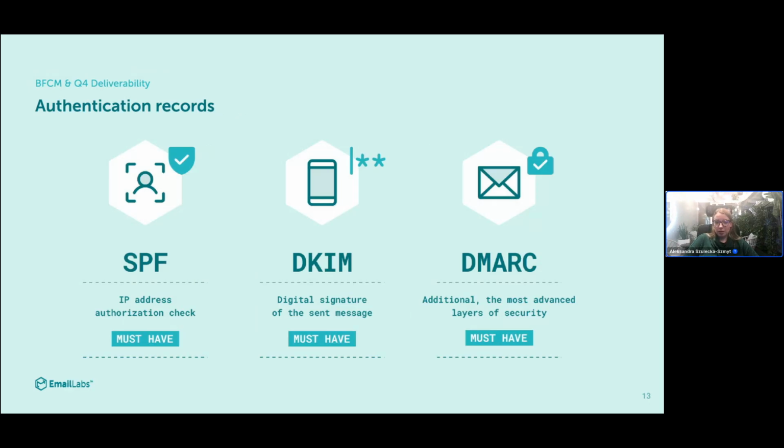The DKIM record works with two different keys, a public key and a private key. They are placed on different servers, and the receiving server compares the keys. If they match, then the email is signed successfully with the sending domain.